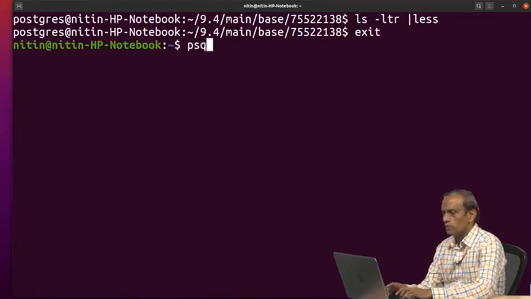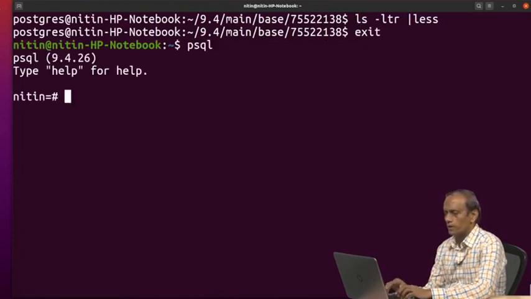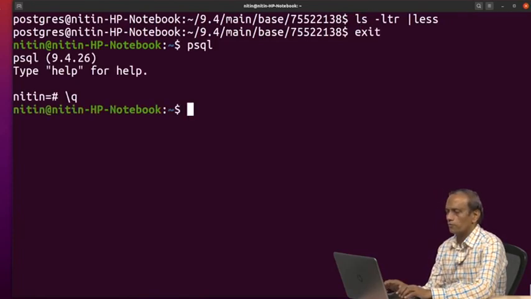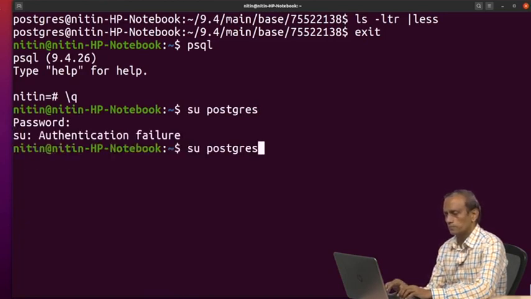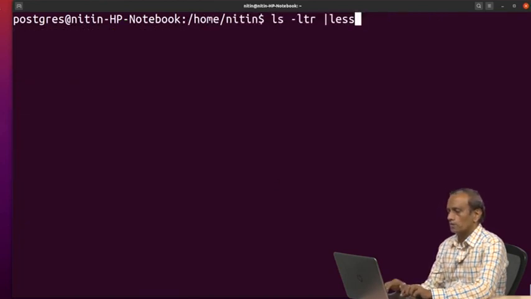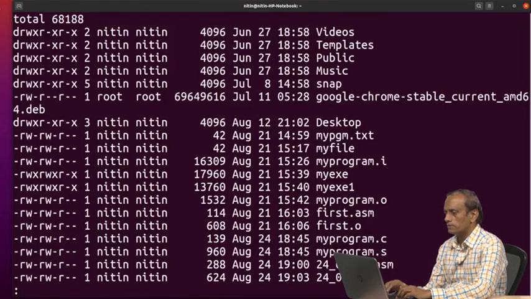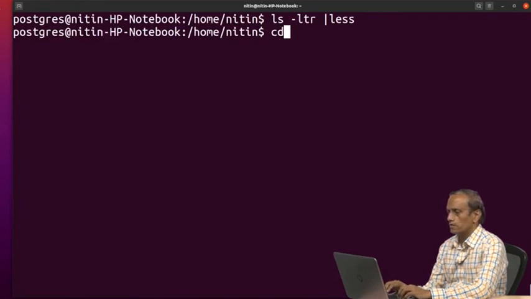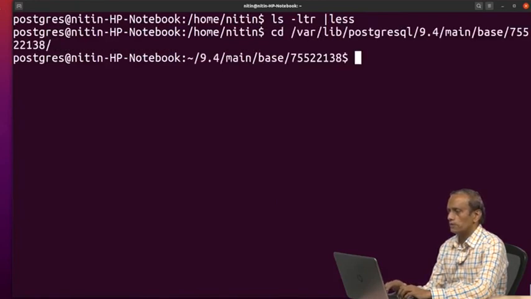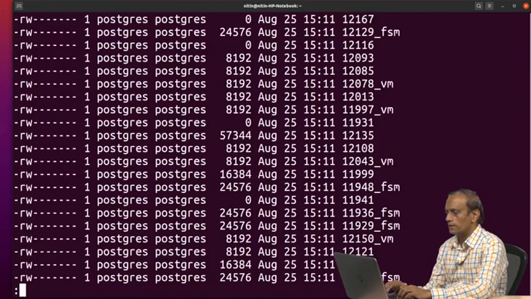So, if I go to psql and try to insert, one thing that you have to always keep in mind is this. Let us see what exactly it is. ls -ltr piped to less, then cd, then ls -ltr.